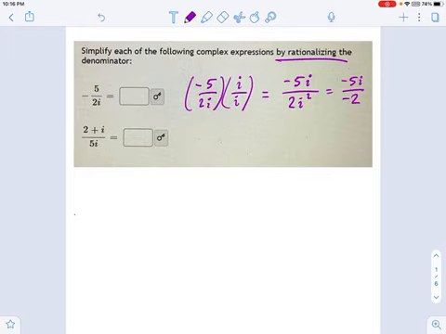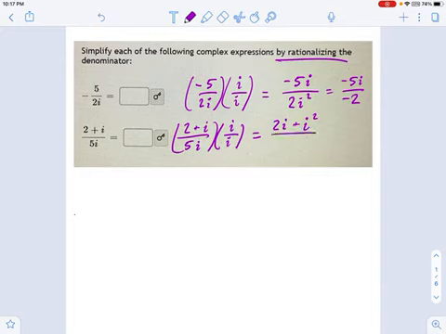Let's try this one, just to make sure we get it. 2 plus i divided by 5i. Well, to get rid of the i on the bottom, I'm going to multiply by i over i. That's my crazy 1. And what do we get? On the top, remember to distribute the multiplication here. You get 2i plus i squared over